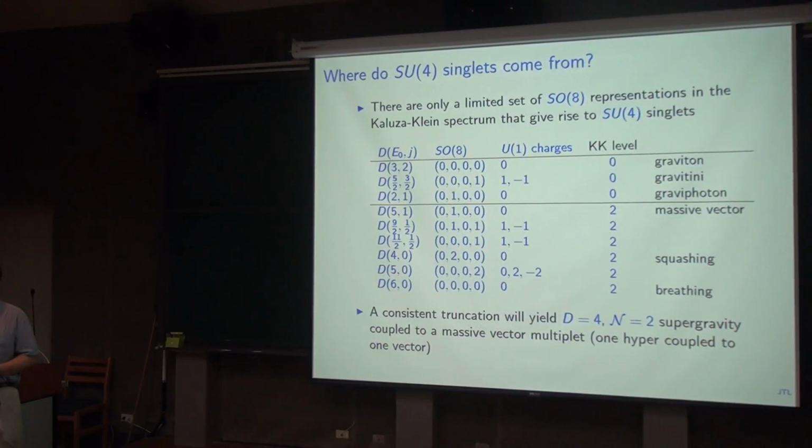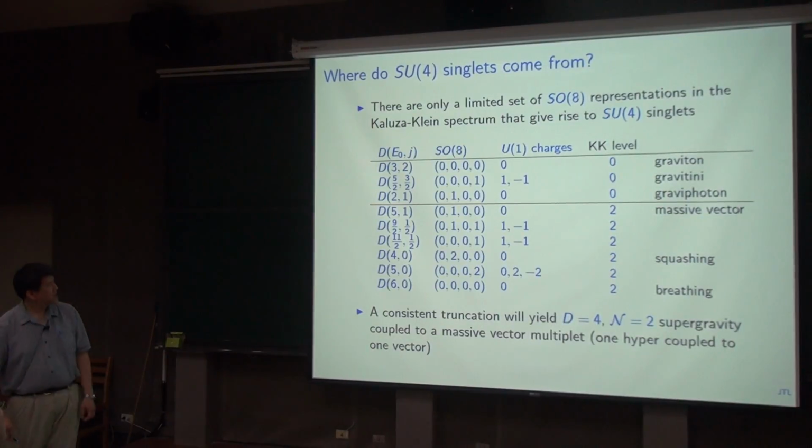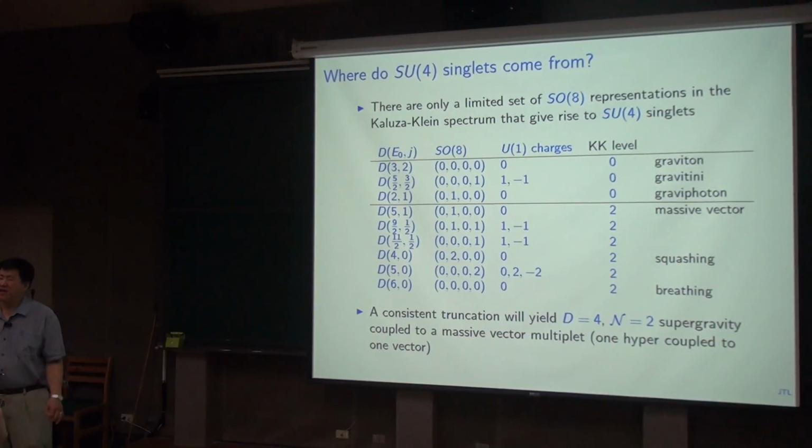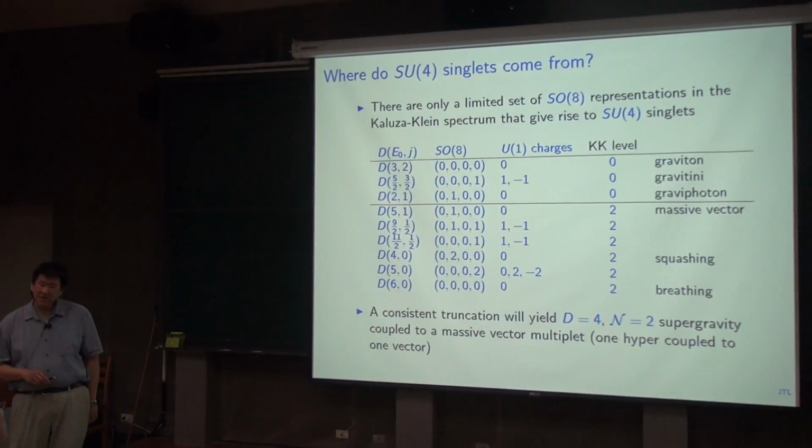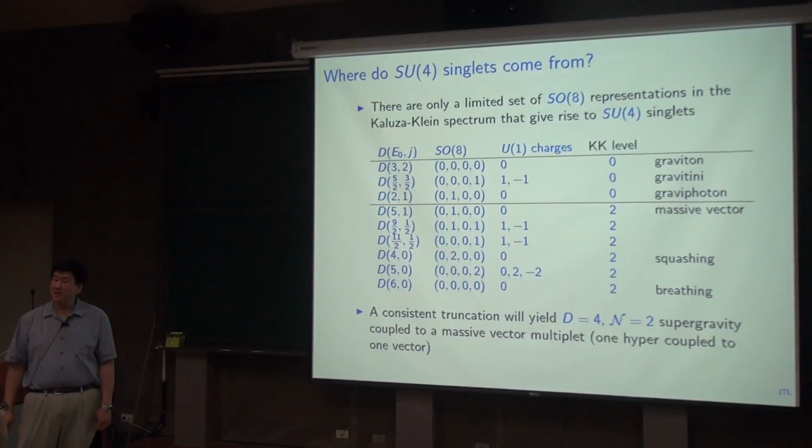So if I do that, I can take my SO8 representations, decompose them, look for SU4 singlets, and out of the whole infinite Kaluza-Klein tower, this is the only thing that survives. There's no more n equals 0, 1, 2, 3, 4. The Kaluza-Klein level doesn't go all the way up to infinity. It's a very curious feature. What I find